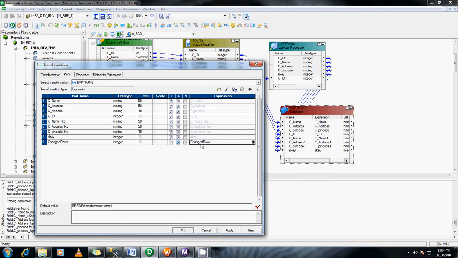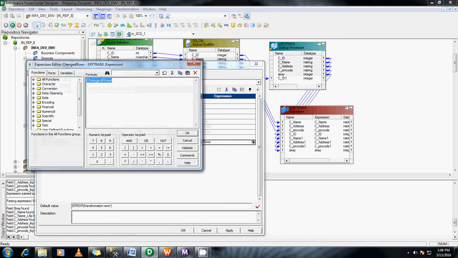Okay, in change row, let me write an expression to check whether S key is null. If S key is null, then it's a new record, as in one.